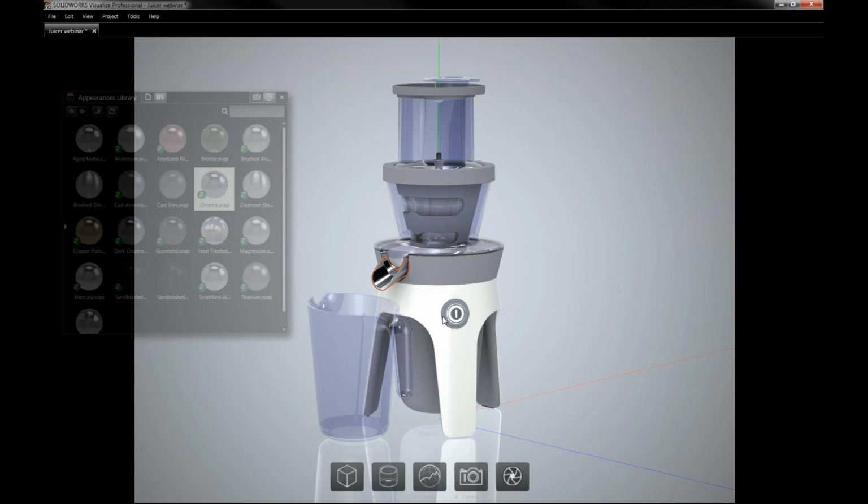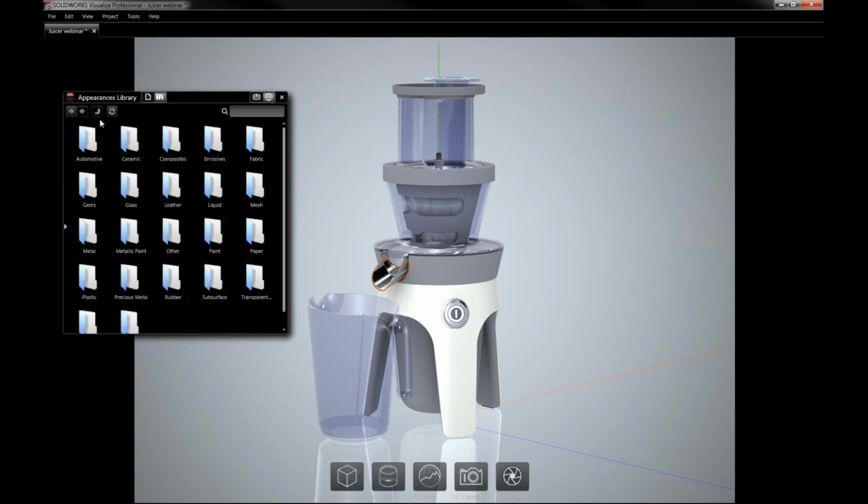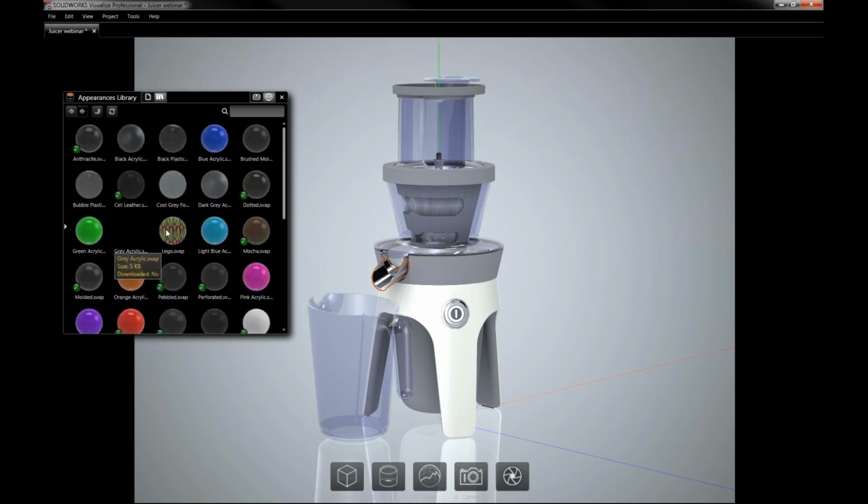And maybe I want some chrome around the power button as well. Right click to paste. And let's see what else is missing. I need some black plastic for the inner part of my juicer on the stand on the bottom there. Well, instead of making this black plastic, again, because all of these appearances are already made for you, I can